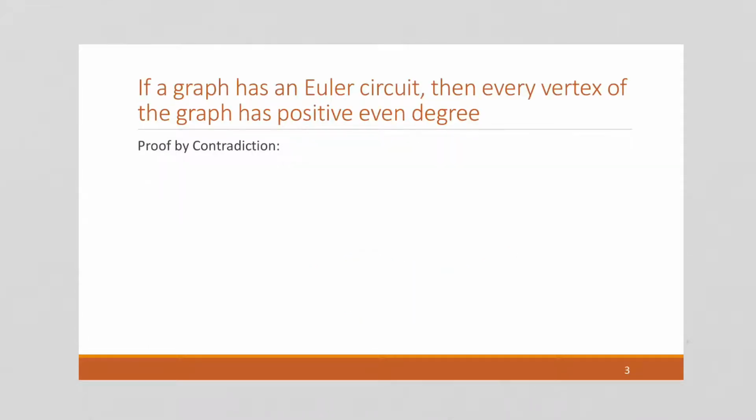So an important theorem in graph theory is that if a graph has an Euler circuit, then every vertex of the graph has a positive even degree. And we're going to prove that by a proof of contradiction. So we're going to say, suppose not. That is, you need to suppose the negation. That is, suppose there exists a graph, G, let's give it a name, with an Euler circuit,